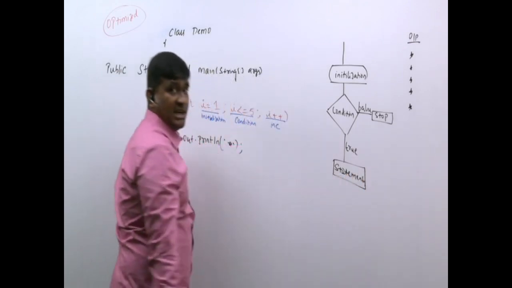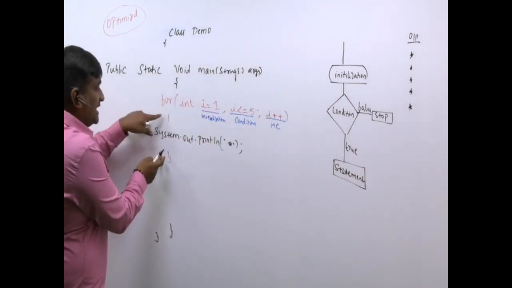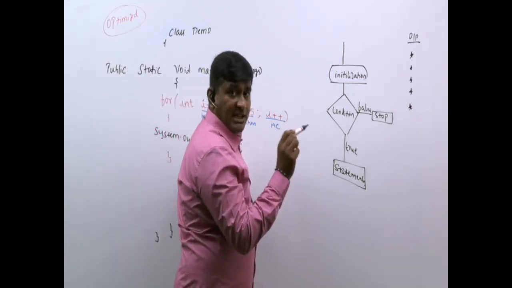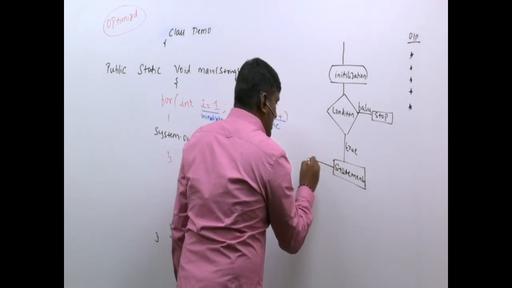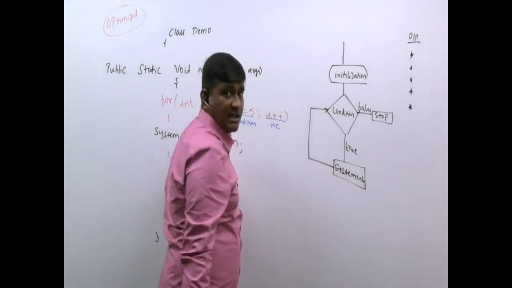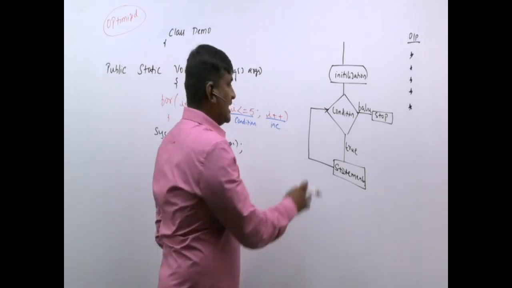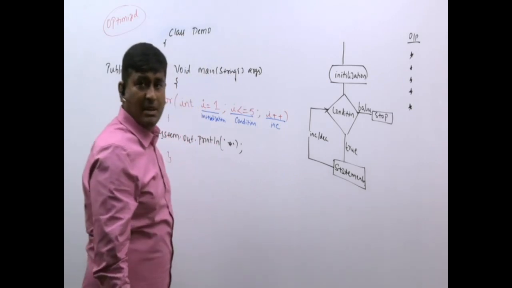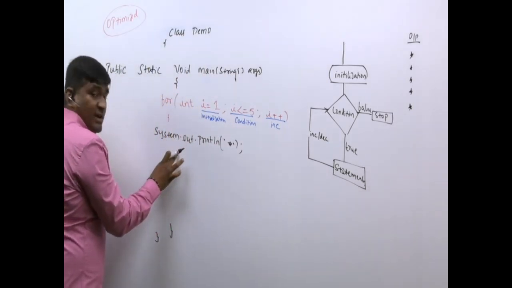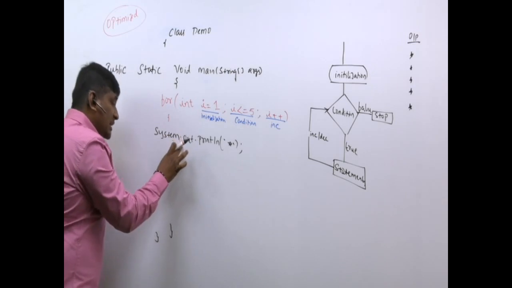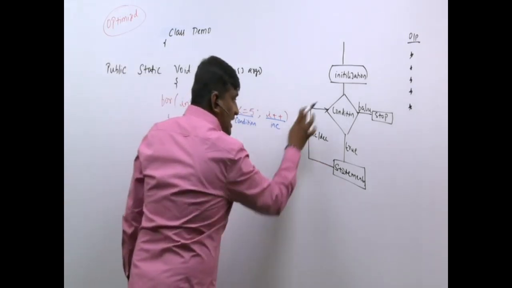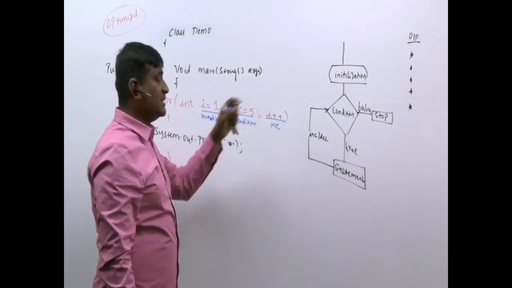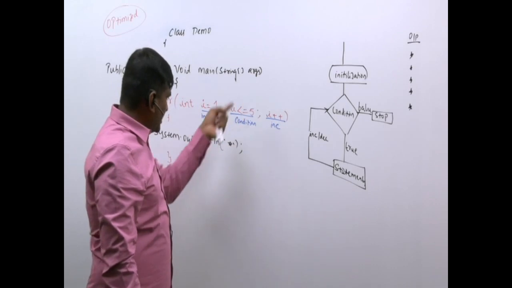If the condition becomes true, whatever statements are present inside the for loop, it will execute. After executing the last line in the for loop, the control will go back and check the condition. But before the control is given back to the condition, it will do either increment or decrement, based on what you have written. So in this program, it is incrementation.